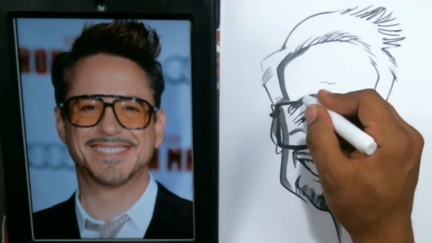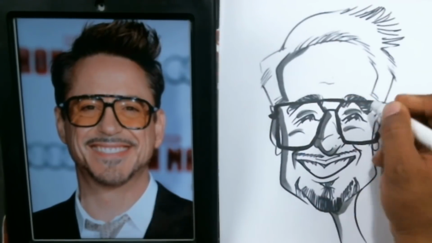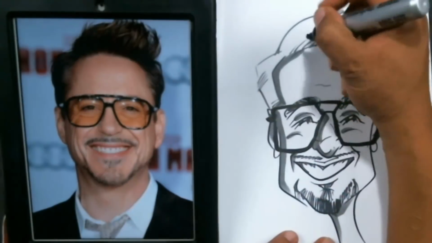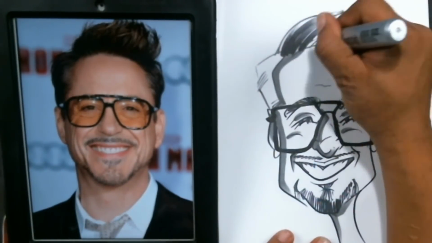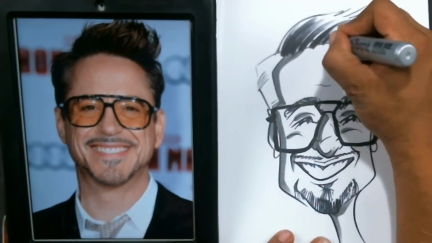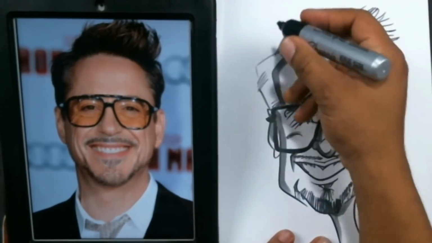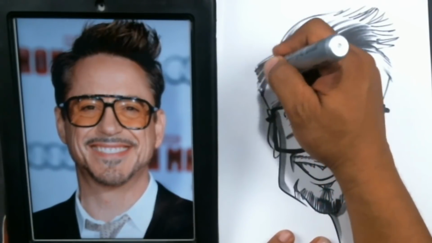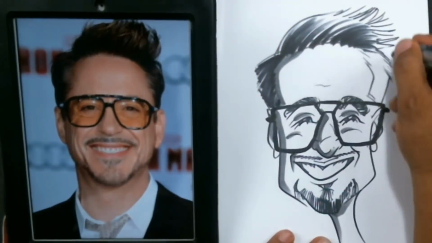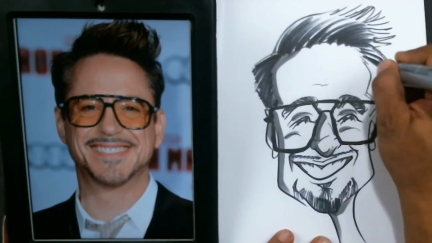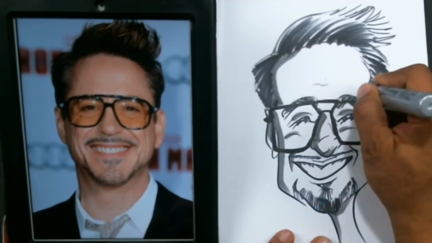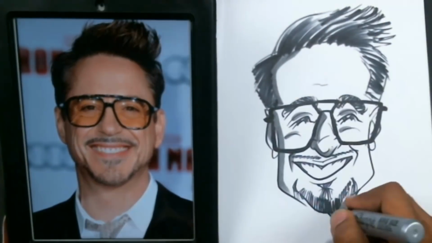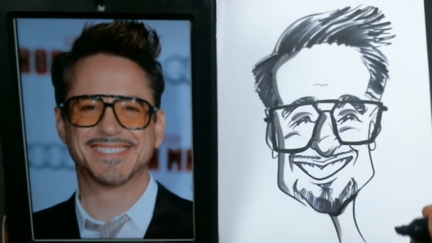And then we'll do the hair. And for the hair, I just use this marker here. And at the end, you can make any adjustments that you want. If you want to bring the hairline down a little bit or whatever, you can do that once you start coloring your picture in. Okay, put a little dark under here,